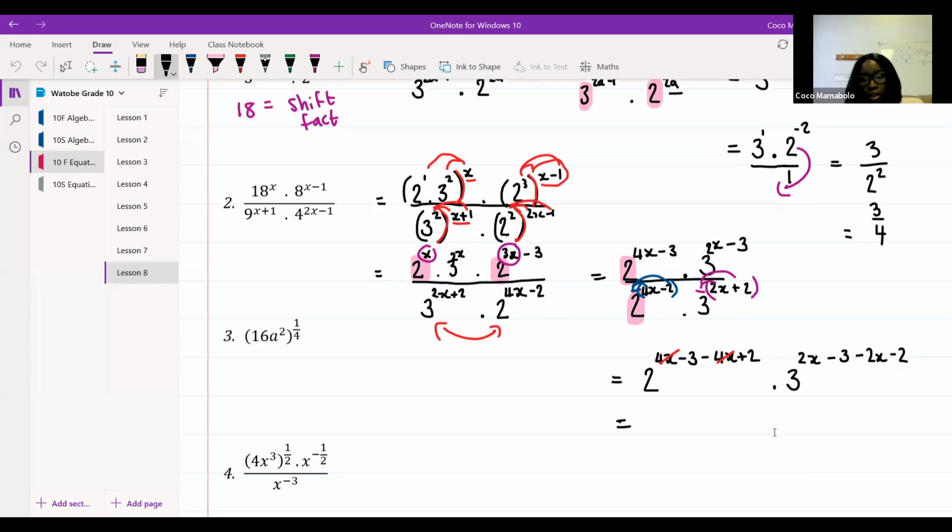Okay. It's going to give me 2 to the power of negative 1 multiplied by 3 to the power of 2x minus 2x will give us 0. And then I've got negative 3 minus 2. And that's negative 5. Okay. So,